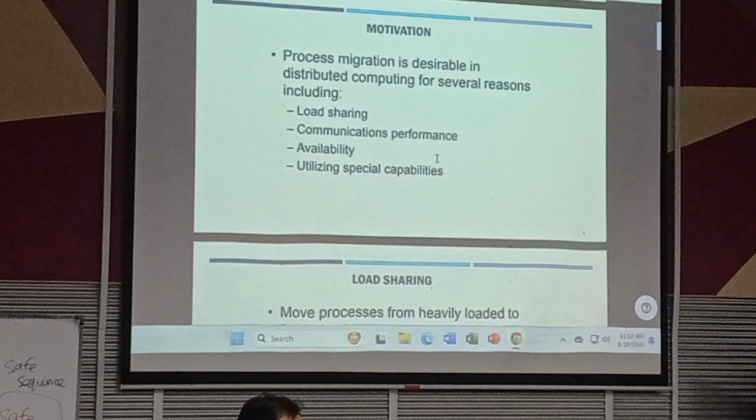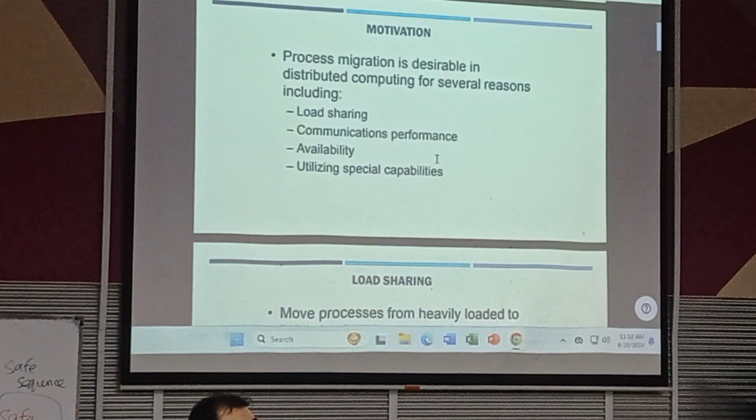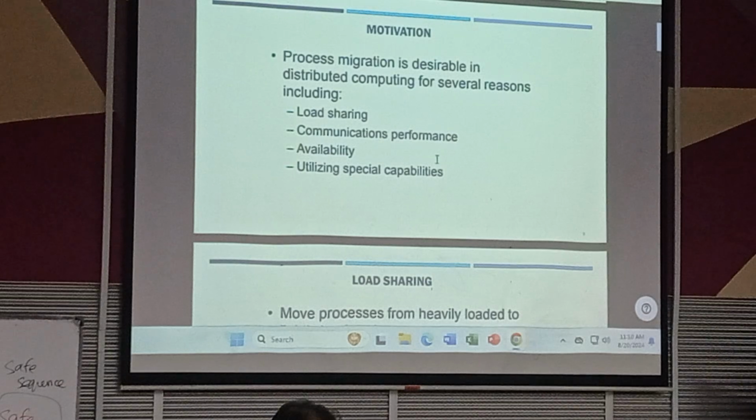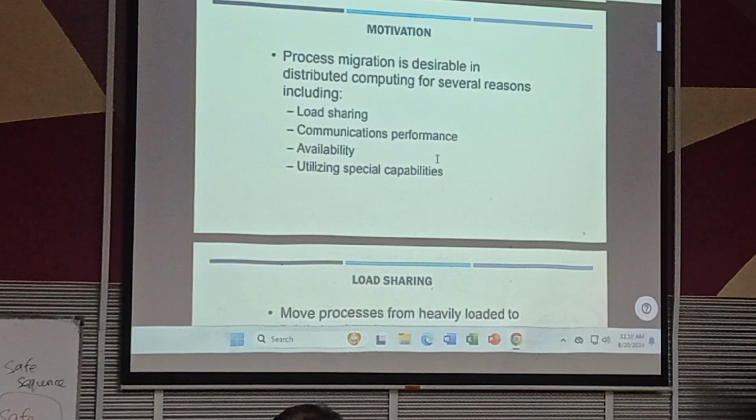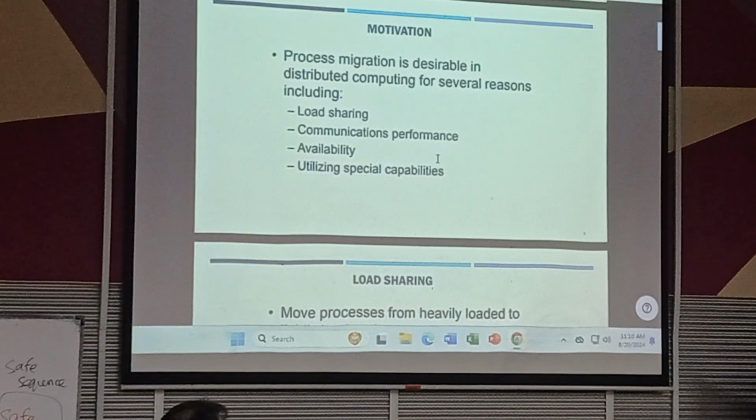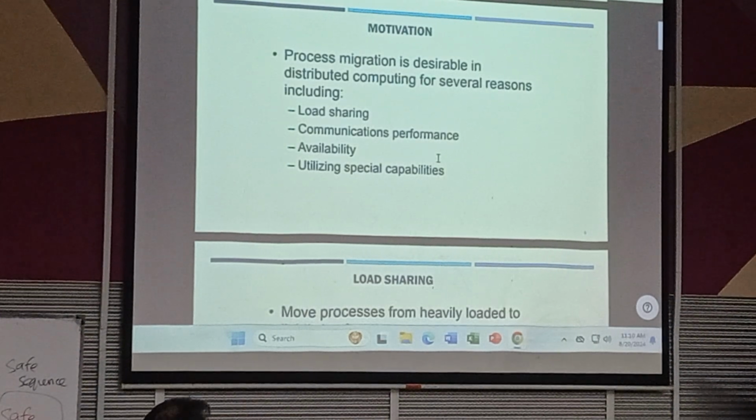And another thing is, if let's say it's overloaded, it cannot respond quickly, right? Because it's overloaded doing something else, quite a lot of work that you're asking it to process. So it cannot respond to you quickly. The response time is going to slow down. So this will improve your communication if it is underloaded. Okay. Now the third one is